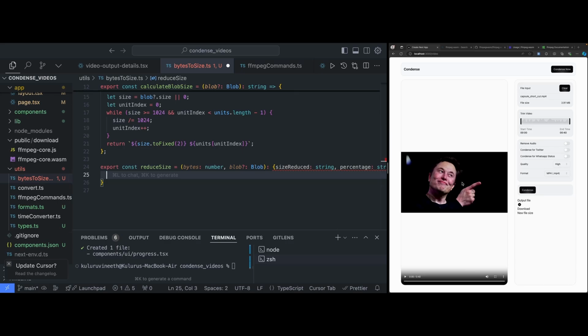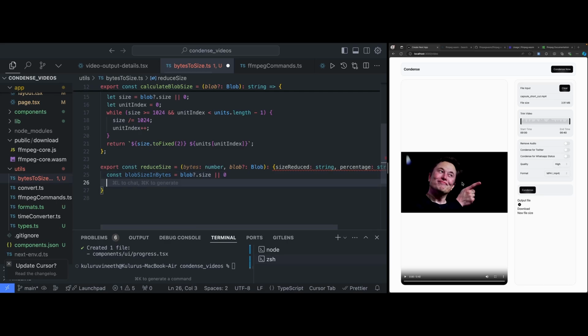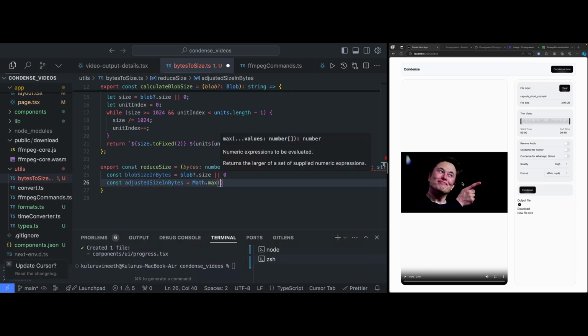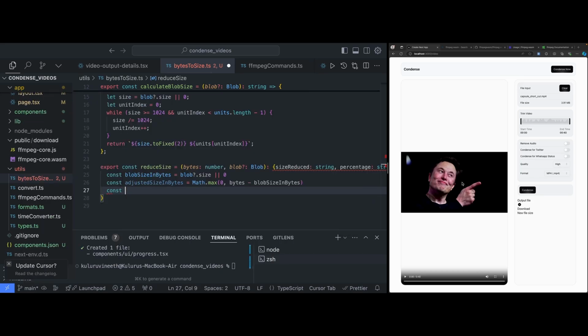And how do we calculate this? First, the blob size in bytes, so let's just collect that into this variable, blob.size, or else let's just have this 0 value, and the adjusted size in bytes we are going to collect into this variable. So this one, Math.max of whatever the bytes we have, subtracting blob size in bytes. Okay, so this is what the adjusted size in bytes should be, and now all we need to do is calculate this percentage reduction, which is straightforward. Whatever we have as your blob size in bytes, if this is greater than 0, then all we need to do is divide this adjusted size in bytes by the bytes multiplied by 100,